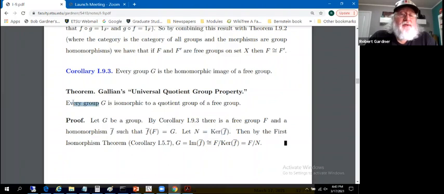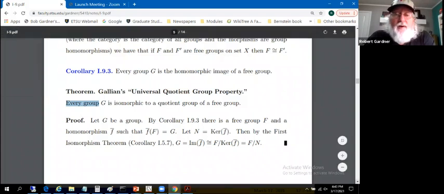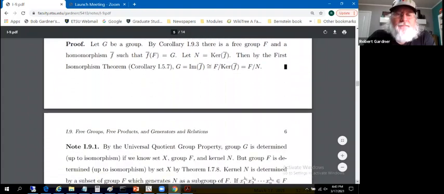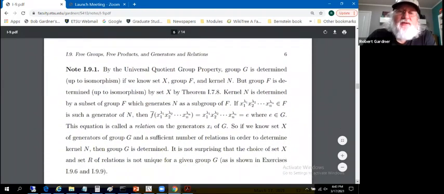And let me play this up a little bit again. I can't think of too many theorems that read every group G has the following properties, other than stuff from the definition. Every group is isomorphic to a group of permutations. Cayley's theorem is another every-group theorem. But that and this couple of little things here, that's all I can think of off the top of my head, of results that read every group, blah, blah, blah. Okay, let's chat about this a little bit